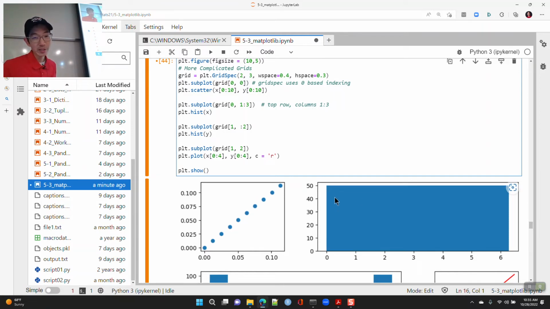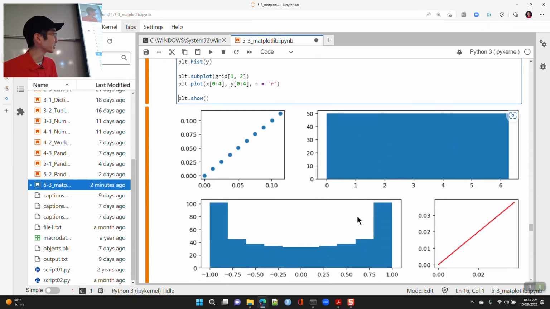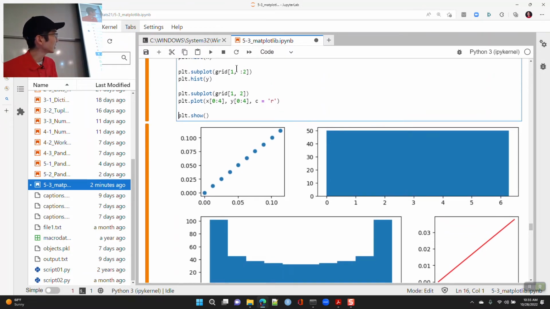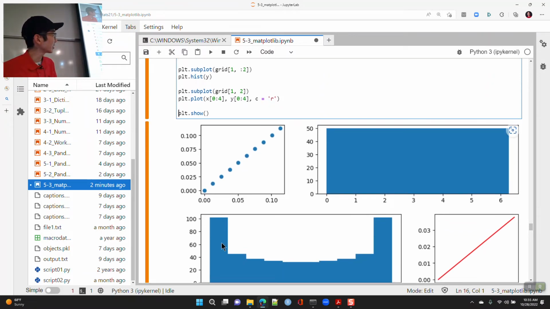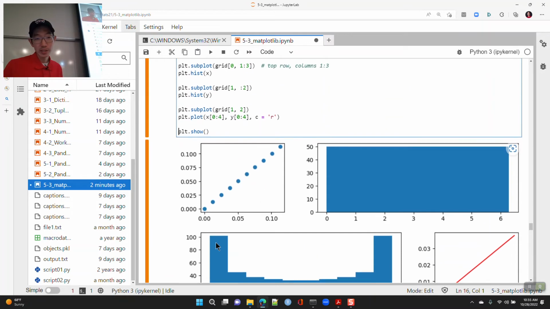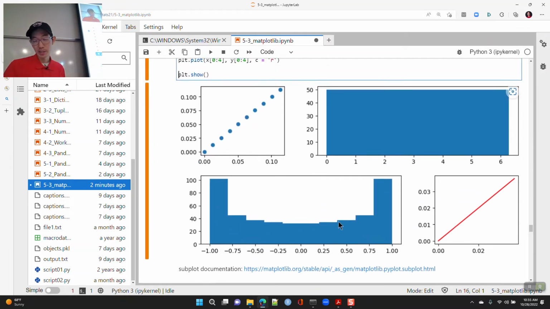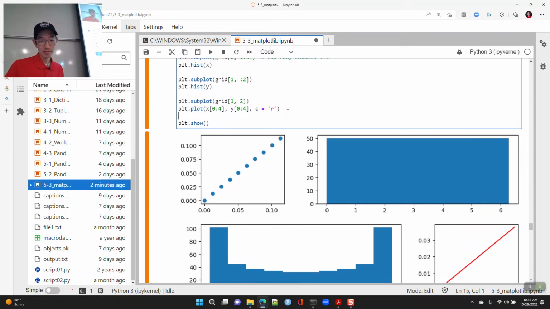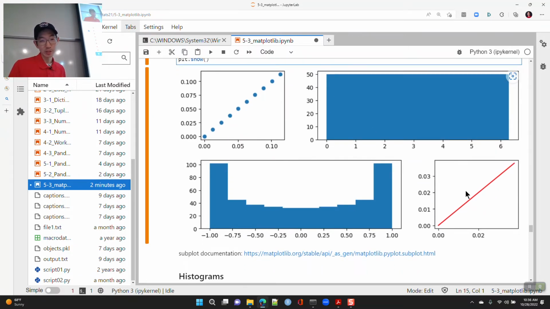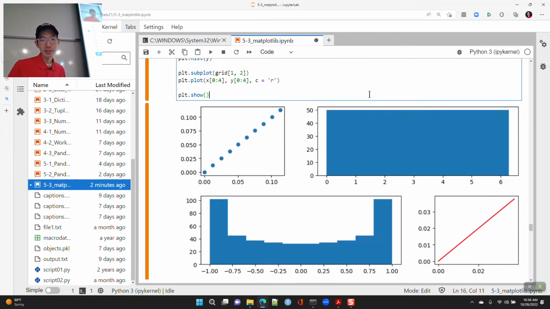This one, I did grid spec row 0, which is the top row, and then columns 1, 3, so you're slicing them. So basically these two, and we're going to do a histogram, which is a boring histogram. And then here I did grid spec the next row 1, and then through slice 2, and I did a histogram, and this is what we get. And then the last one, I said grid 1, 2, which is this one over here. So you can kind of do this.